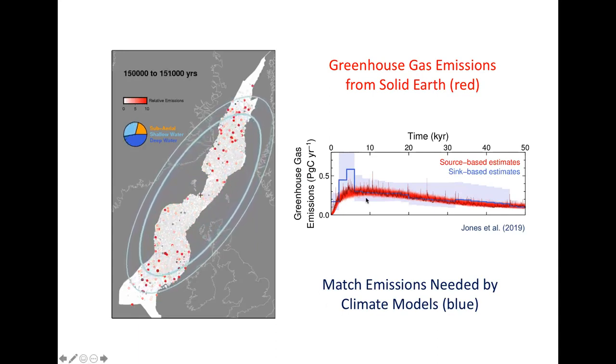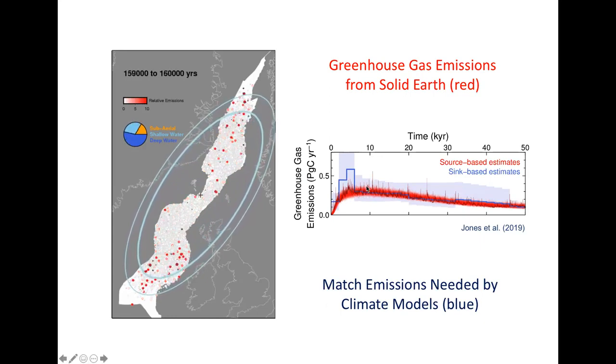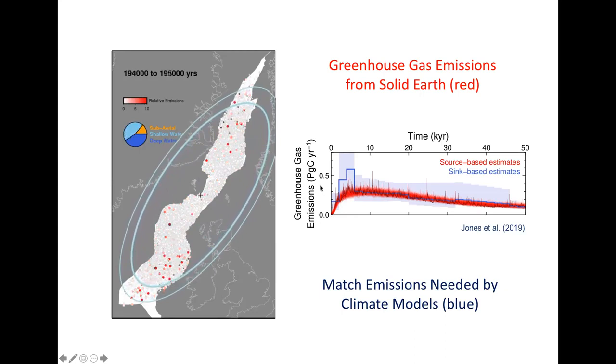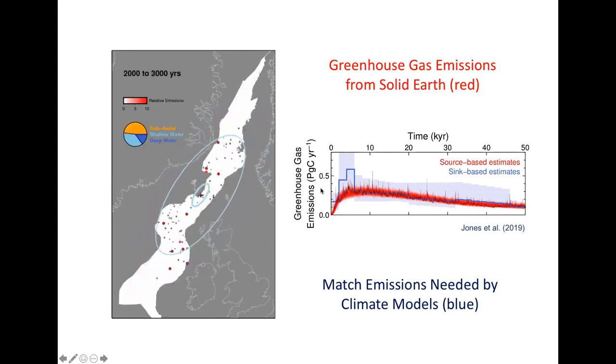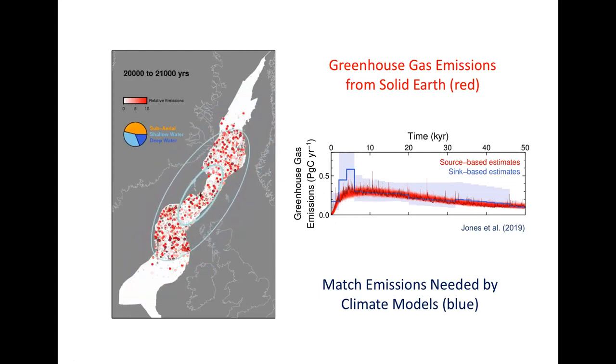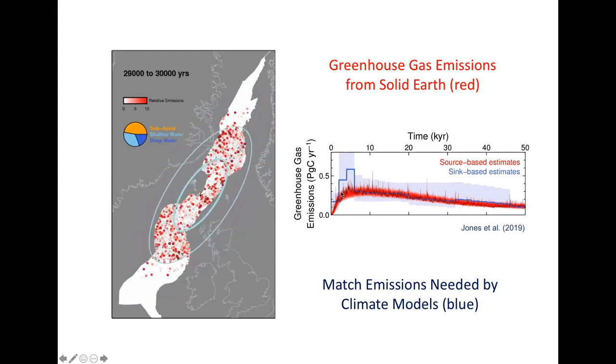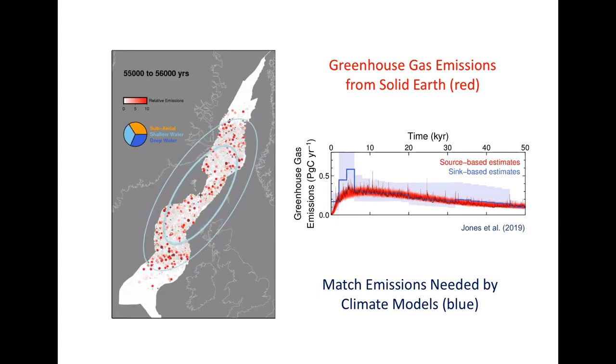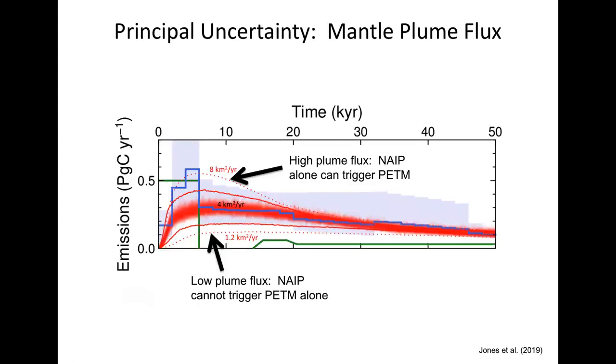And the bottom line here is that there is actually quite a close match, or potentially quite a close match, between those two curves. So potentially large igneous provinces can generate the required amount of greenhouse gases in terms of the flux and the mass, and mantle processes can potentially cause these changes in greenhouse gas flux fast enough to maybe explain the PETM. Now, of course, there's a lot of uncertainty, and the main uncertainty is the vigor of